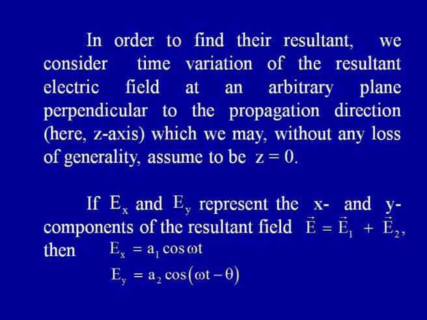This arbitrary plane, without any loss of generality, we can assume it to be z equal to 0, just for simplicity. If Ex and Ey represent the x and y components of the resultant field E1 plus E2, then Ex will be equal to A1 cos omega t and Ey is equal to A2 cos of (omega t minus theta). Now, we eliminate t between these two equations,